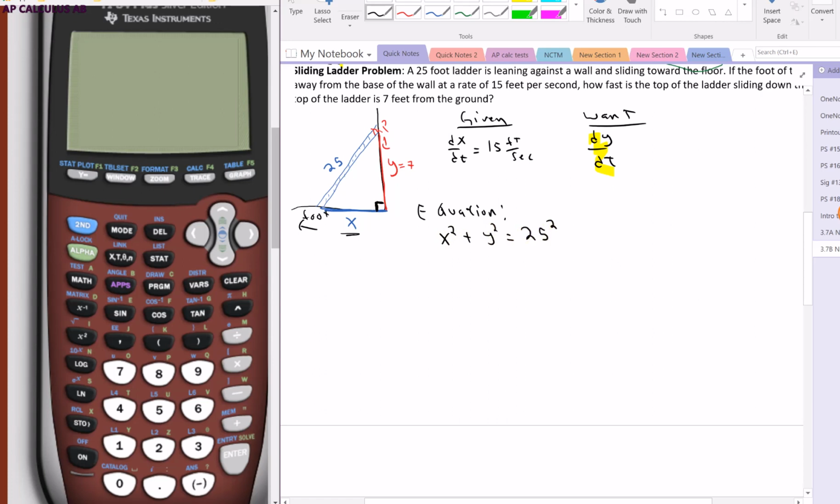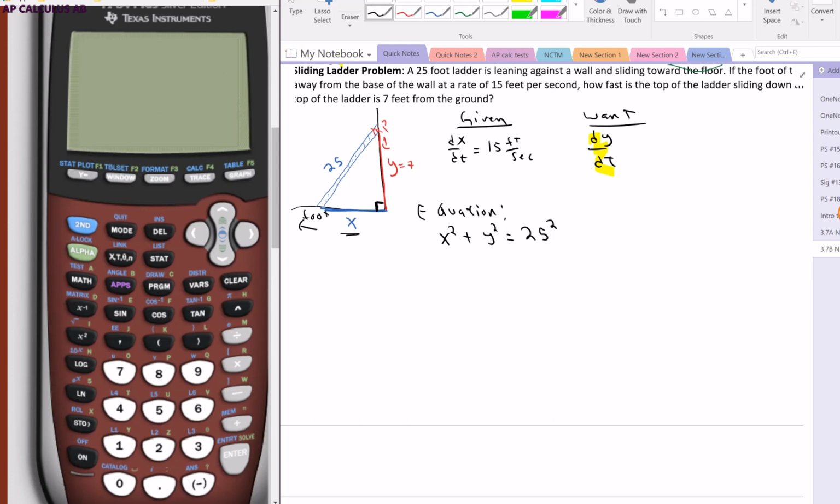The reason that we can go ahead and substitute 25 here is that this ladder is a fixed length. The ladder's length will not change, right? It is 25 no matter what. Now that's not always the case for certain problems, but in this case the ladder is not changing. It is 25 and it's not going to shrink or grow, right? So our equation can be this,